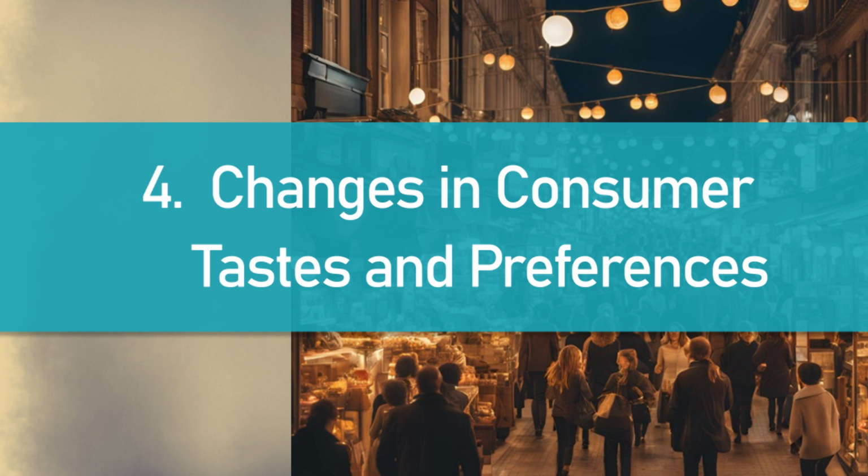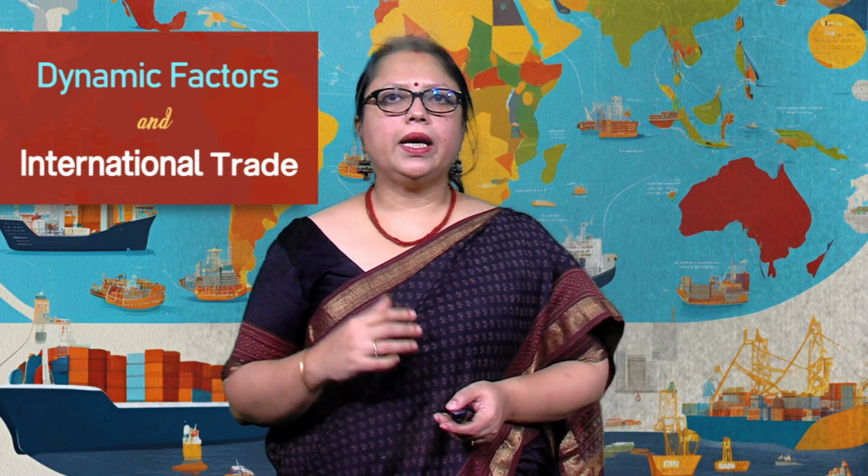Then changes in consumer taste and preferences. So if consumer taste changes over a period of time, then what will happen? This factor examines how shifting consumer preference affects the trade. Suppose a country's trade volume and terms of trade depend on its consumers' and its trading partners' preferences. When preferences change, the offer curve, representing how much a country is willing to trade at different terms, shifts. So it impacts the volume of trade and relative gains.